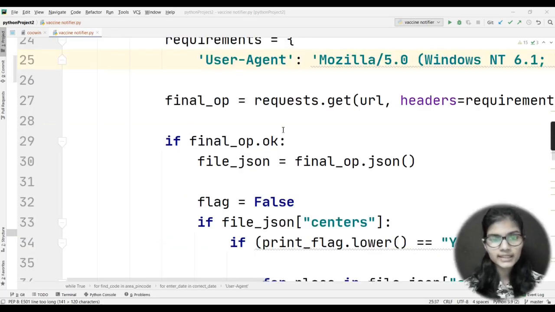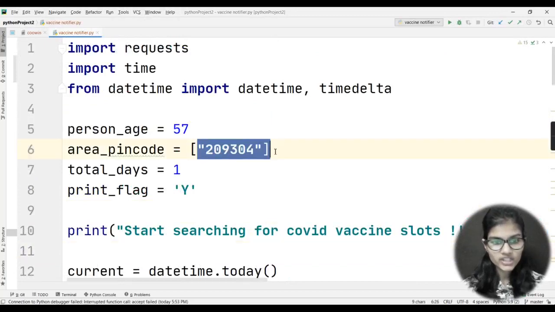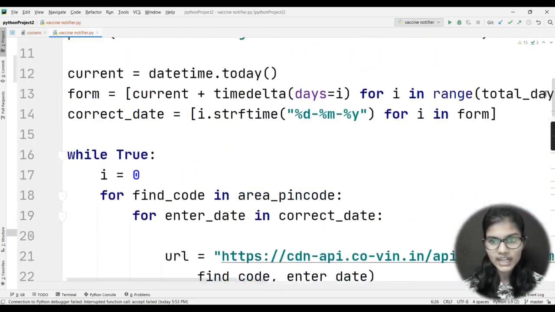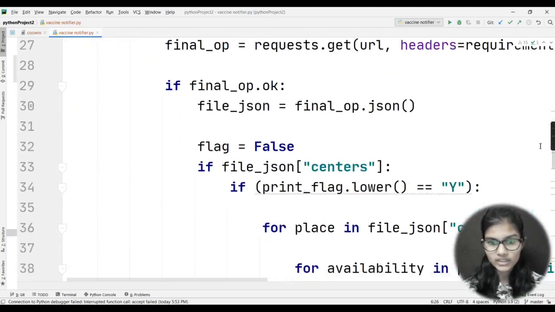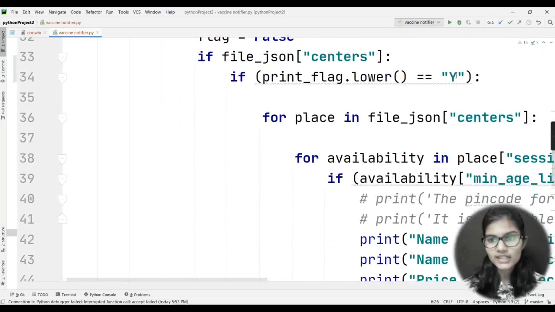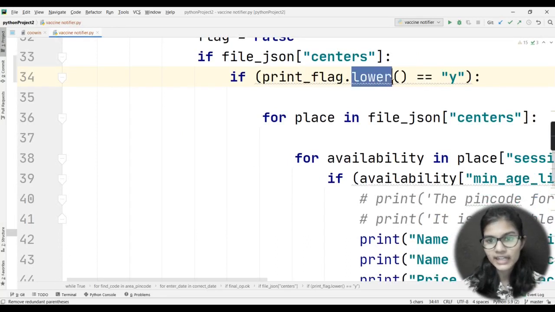Okay, so why is it again and again showing me that no slots are available, when the slots were available for this pin code which I have just searched for, because I had already taken that previously. So let's quickly check whether we made any logical error here because my program is not working. Okay, I just got that. Here we do not need to write capital Y. We need to write small because here we had used the lower function. Right, so this was the thing.